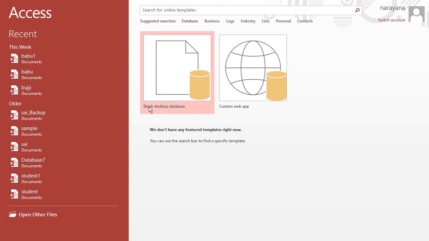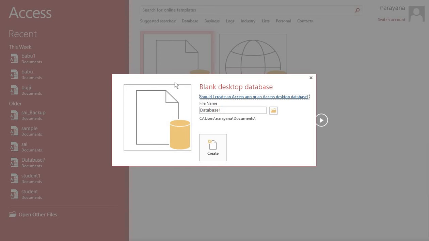Here is the blank desktop database. Now I am clicking on it to open a new database. Now I am giving a new name for this database, that is DB1, meaning database 1. You may give any name, depending on your work environment or your wish. Now I am clicking on the create button to create a database.